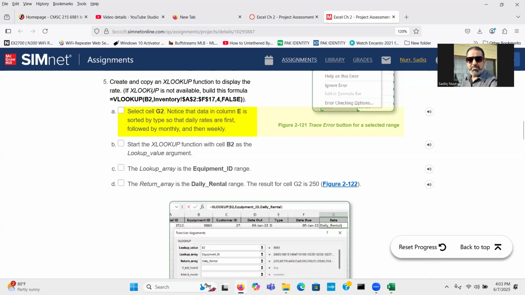All the latest Excel 2021 and so on, Excel 365, will have the XLOOKUP. But if it's not available, then to build the formula, you have to use the VLOOKUP, vertical lookup, and the formula has been given. All right. So select the cell G2. Notice that the data in column E is sorted by the type so that the daily